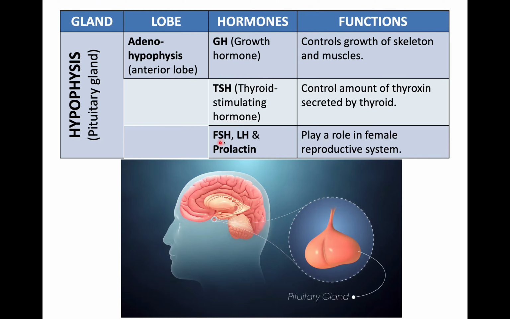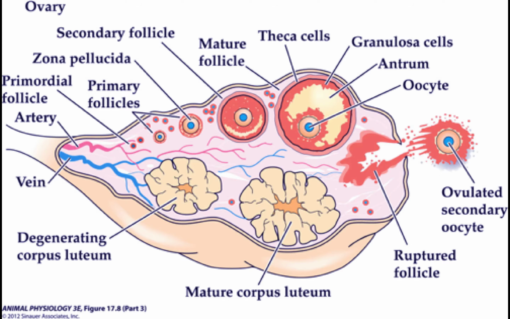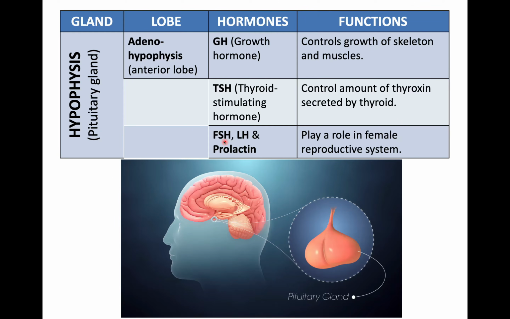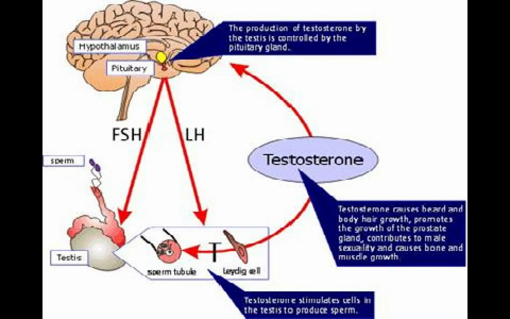Now if we start with FSH, the follicle stimulating hormone, as its name suggests, what does it do? Yes, the FSH stimulates the development of follicles, actually of primary follicles, in the female ovary into mature Graafian follicles, right? And in males, it also activates the germinal epithelium that produces sperm cells in the testes.